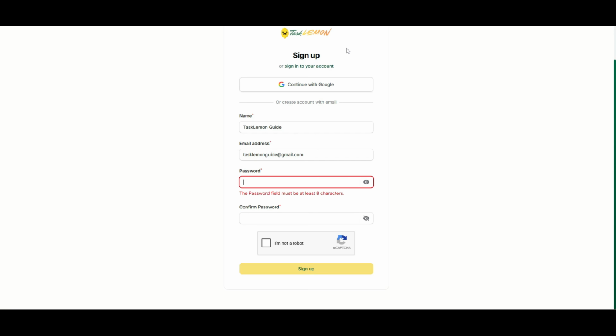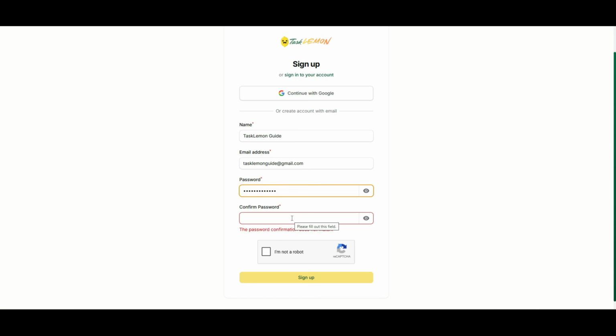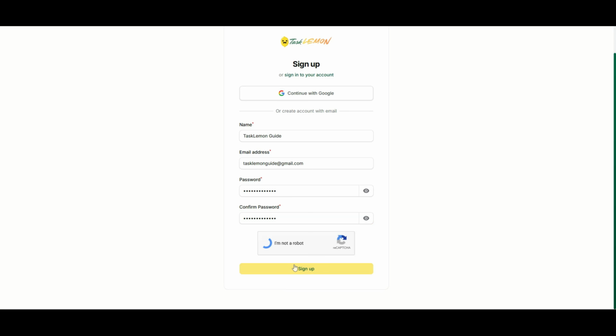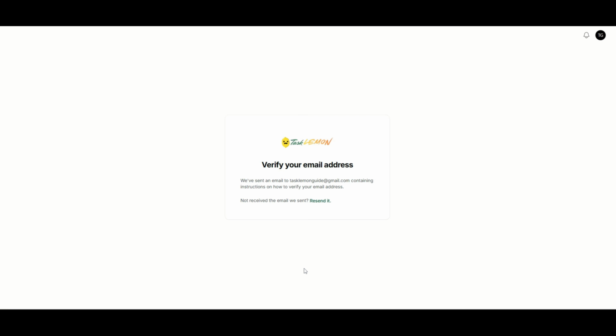So let me go ahead and provide my password and confirm the password. Click on the captcha to validate that you're not a robot. There we go. And click on the sign up button. And there you go. It has sent a verification email